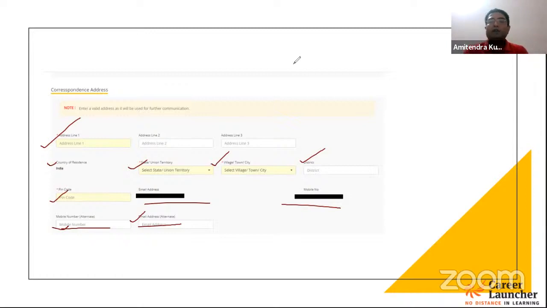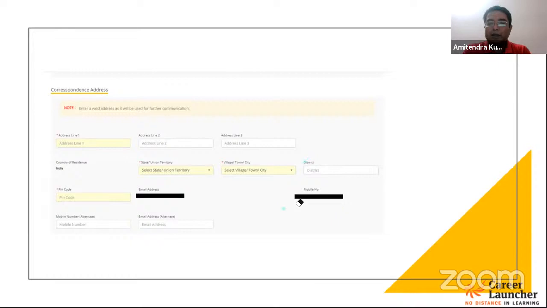In case earlier while registering you gave your mobile number or your email ID, here you can provide your parents' mobile number or email ID, or vice versa actually. So as the case may be. There's no harm in providing the alternate coordinates as far as your contact numbers or your email IDs are concerned. It is not a mandatory part, but you can give it here, there is no problem out there. Okay, so that will be about the personal details.